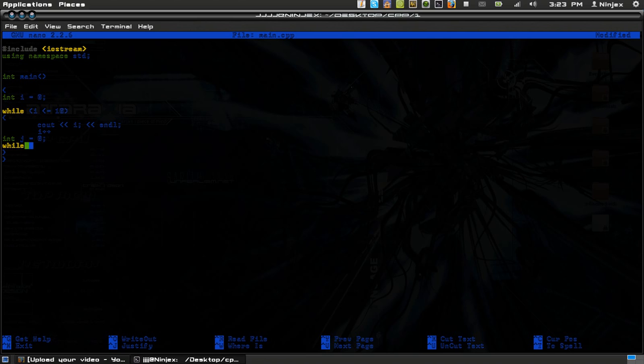we'll say while j is less than 10, looking at this, less than or equal to 10, and I just set j greater than, I need that less than. Make our brackets, and now we're going to cout j, and then we'll end the line, and then we'll say j plus plus, and then that needs a semicolon after it as well,